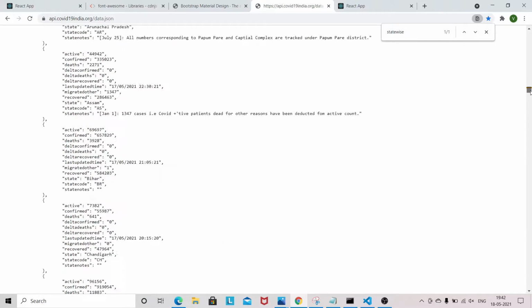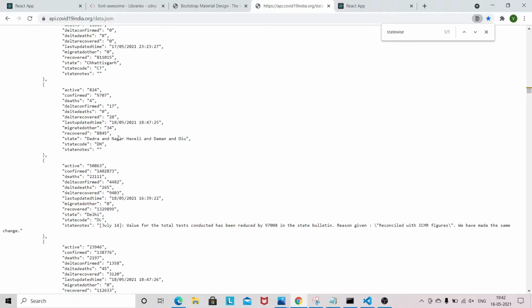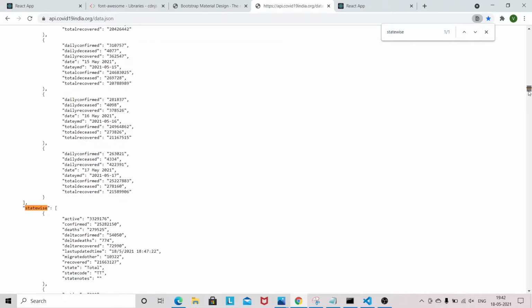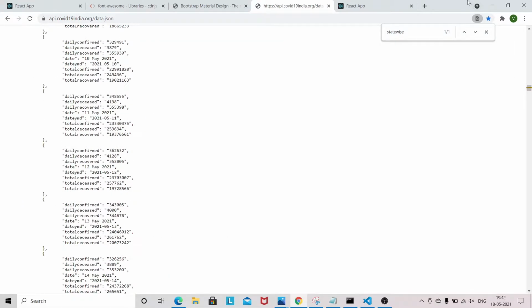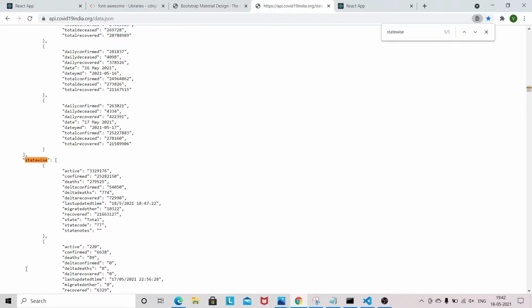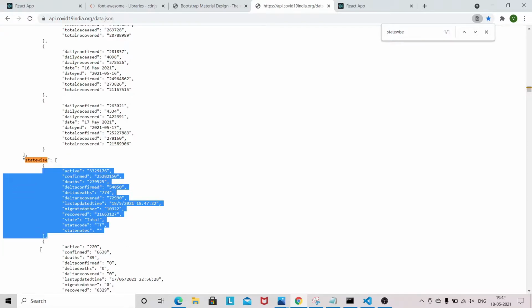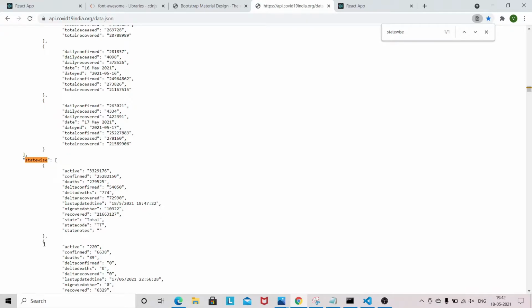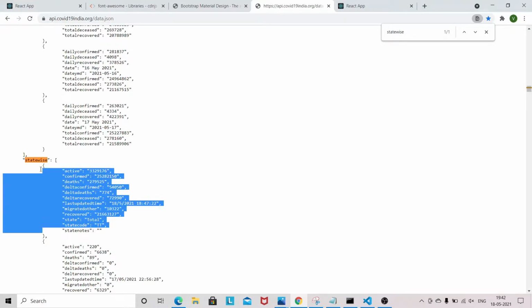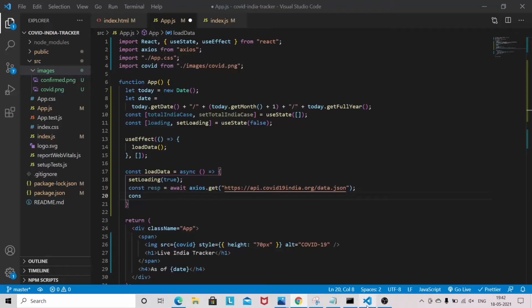So you can see the Andaman Nicobar, Dadra Nagar Haveli, the Delhi likewise. So we will be basically cutting out this value into a different state, and the rest of the array objects will be stored in a different state. Okay, so this will be used in our table component, where we are going to display the state-wise data, and this will go into the card component. Okay, so let's store that one.